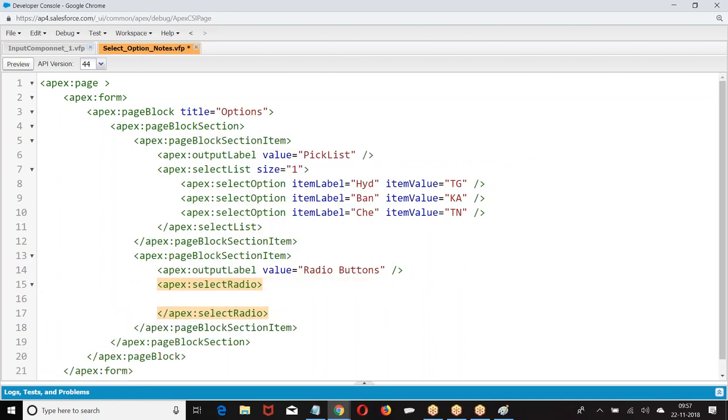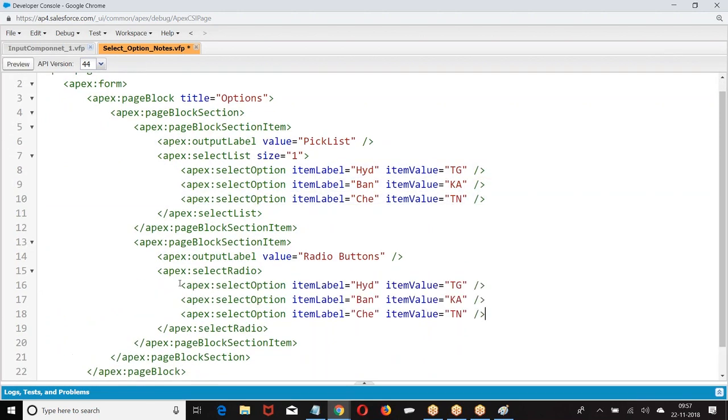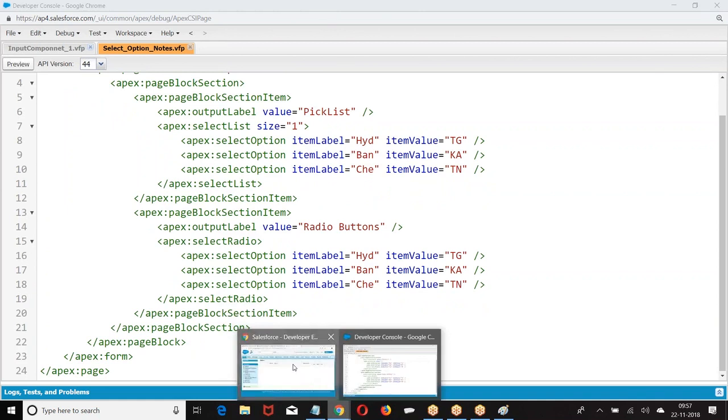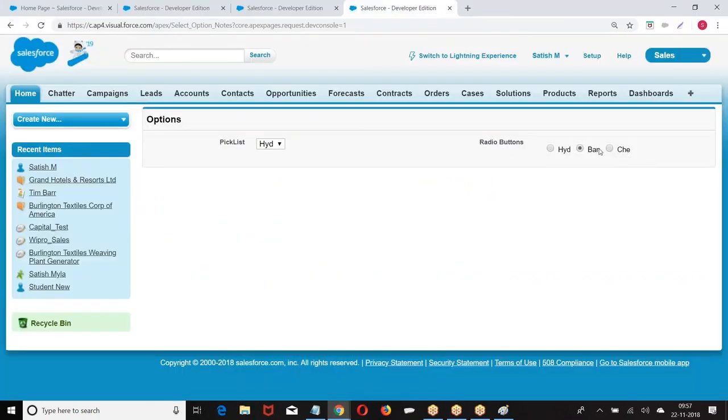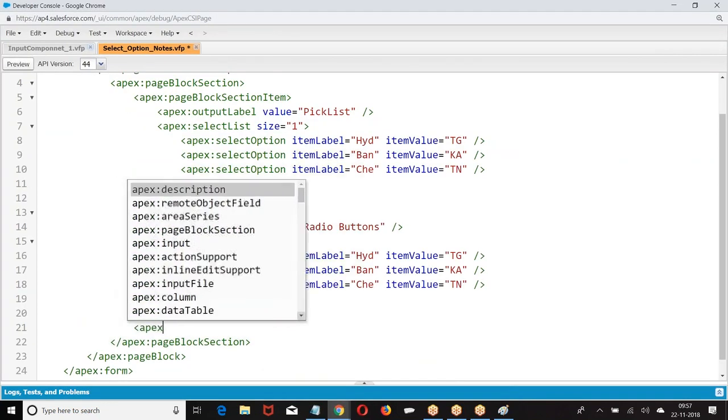Select radio. In the radio, the same three options that I created here, I am pasting. The only difference is that there I gave select list, and here I am giving select radio. We are getting radio buttons. Then I am giving one more apex.